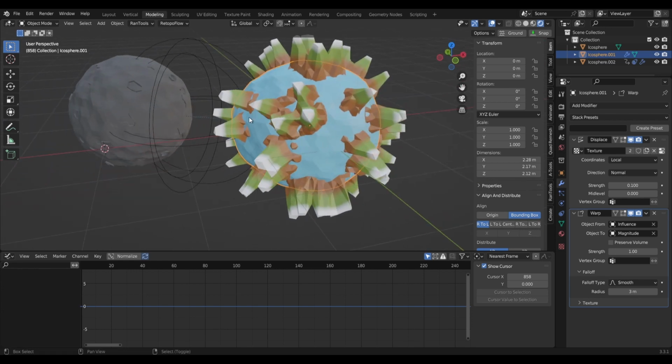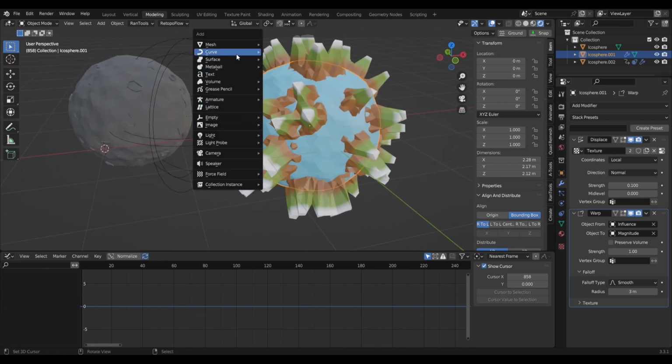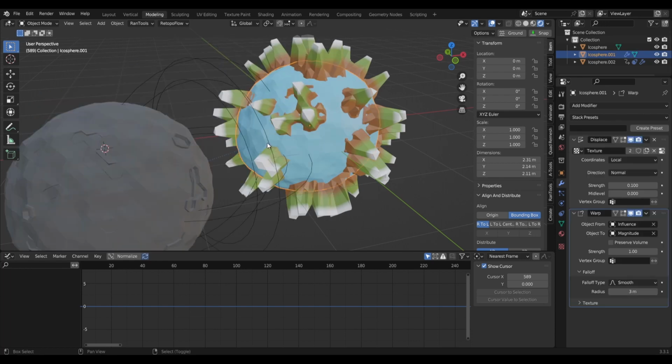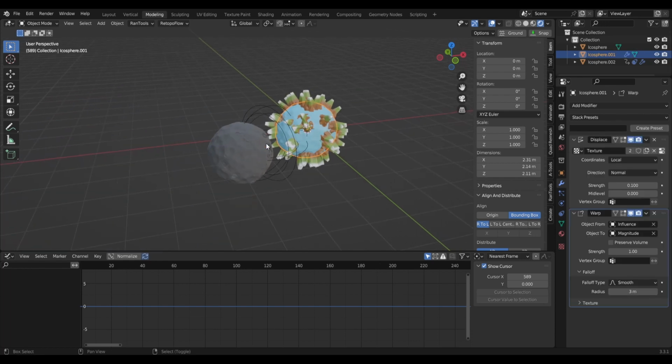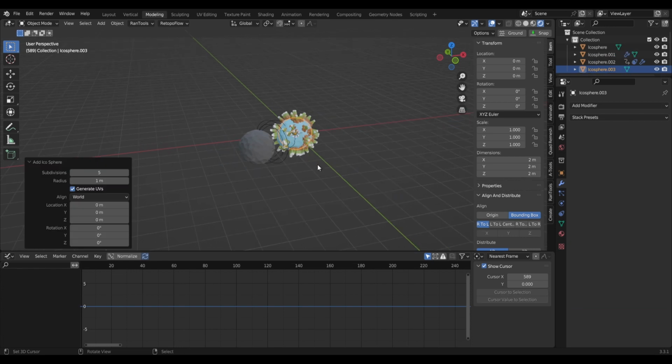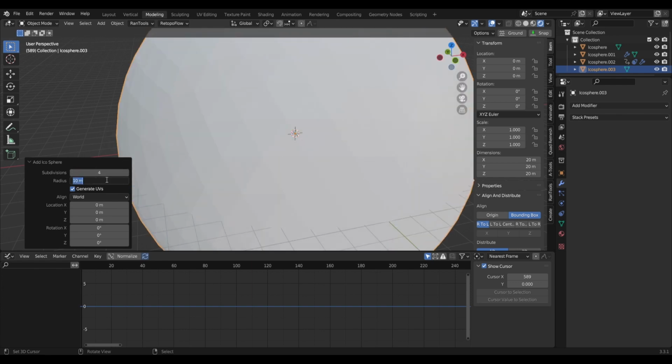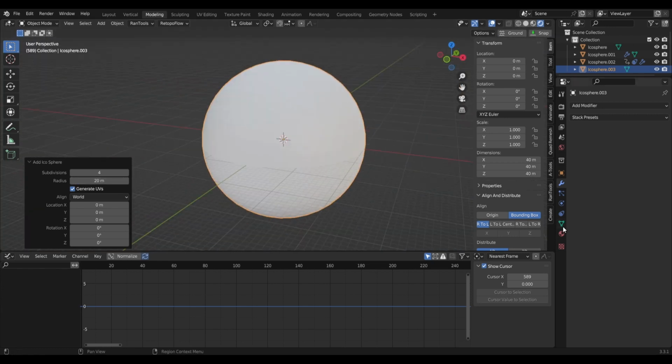Next thing we should do, we should probably put this into a little universe. So again, we're going to create an icosphere, and we're going to undo that, and we are going to Shift C to put it back at the center. Icosphere. I'm going to scale this. We don't need as many subdivisions, so we can probably put that back to 2 subdivisions, but we'll say the radius is 10. Actually, I'll leave it at 4 subdivisions and change that to 20, I think. Okay, so